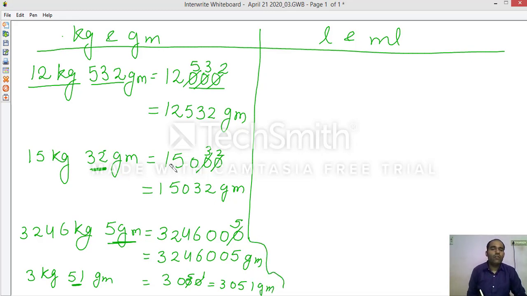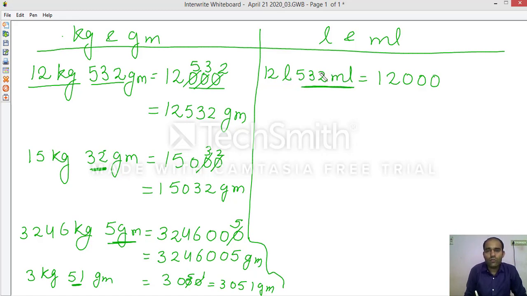Now what you need to do, you will take all these examples in the case of liter and milliliter, and you will solve all these questions. How? Let's take one. 12 liter 532 milliliter. You will write all these examples yourself and solve like this. 12 liter, you want to change into milliliter, so how many zeros you will add? 3 zeros, you know that. But here is also milliliter part.